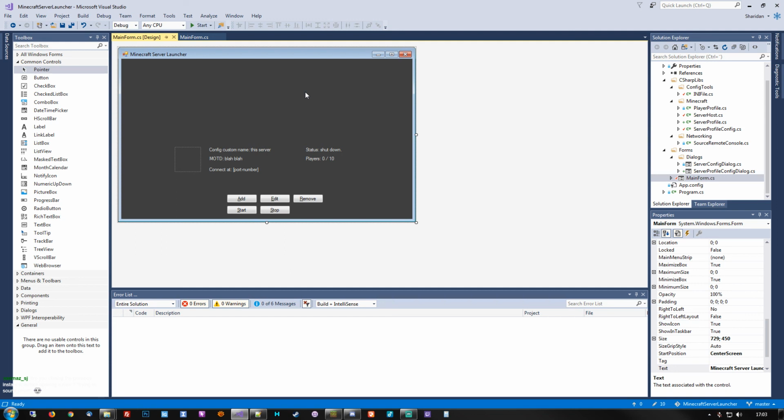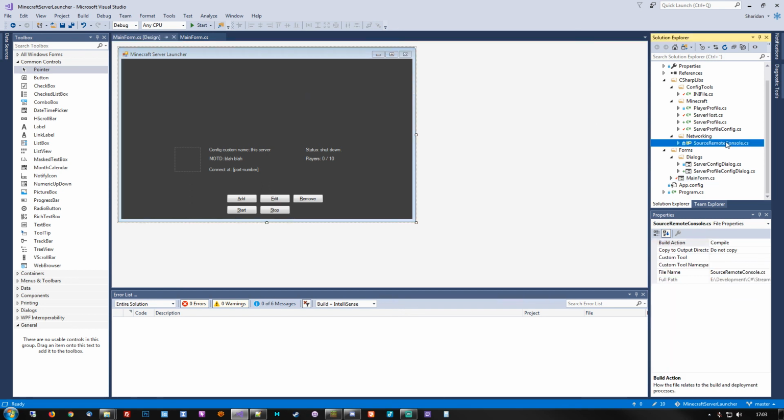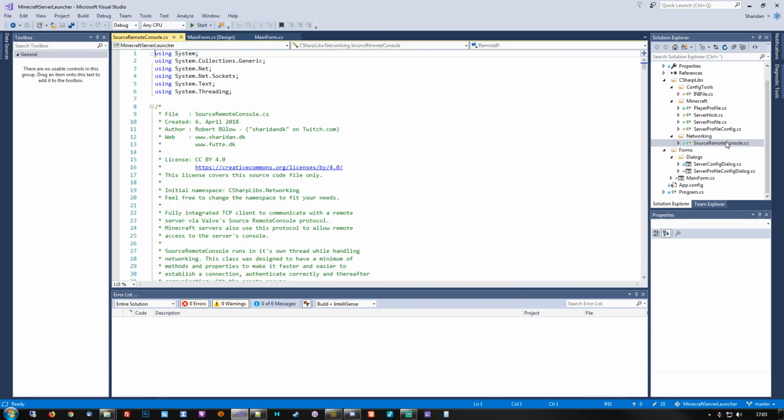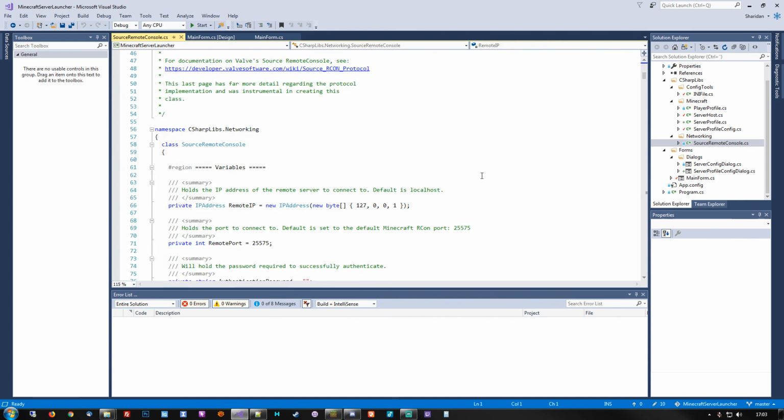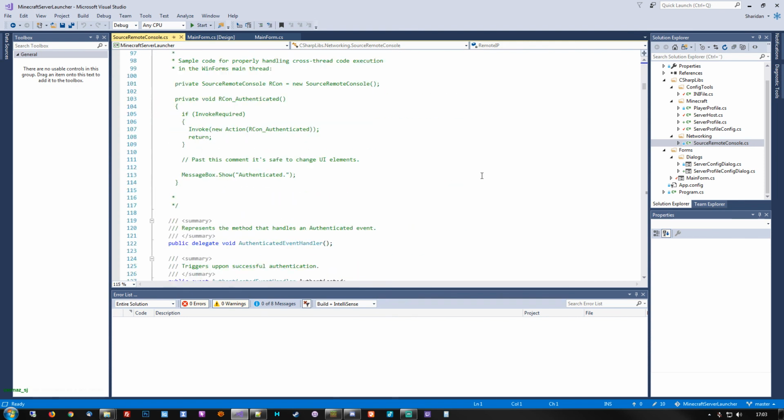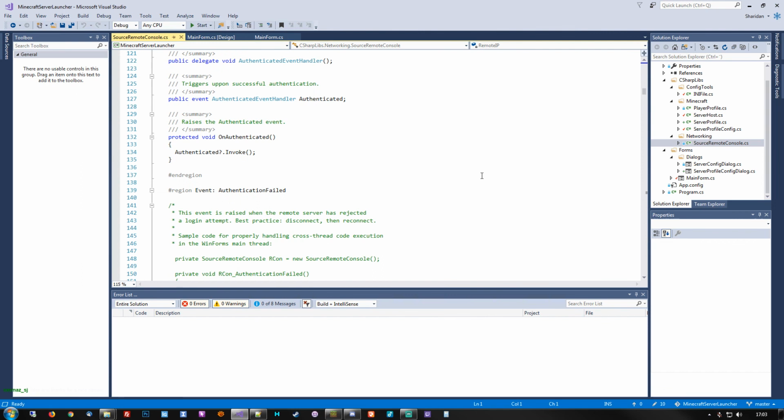Closing the previous instance before opening a new? Well, not really. I think what happens is that possibly the Archon, the source remote console class that runs in a separate thread, I think this one shuts down prematurely. But I'll go through it and trace it and see if I can find exactly where it goes wrong and